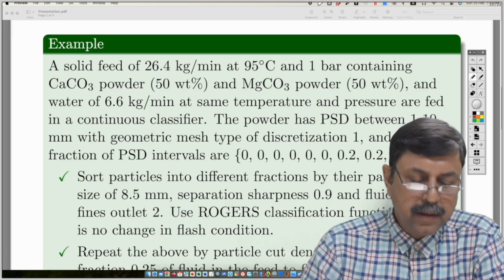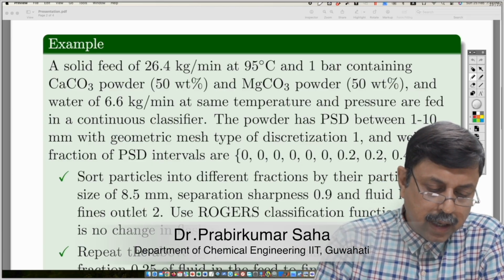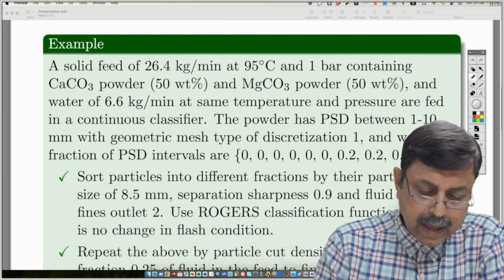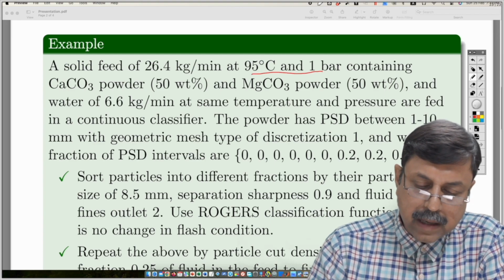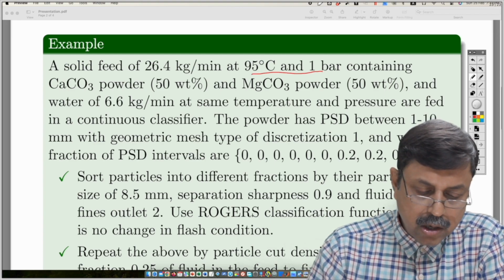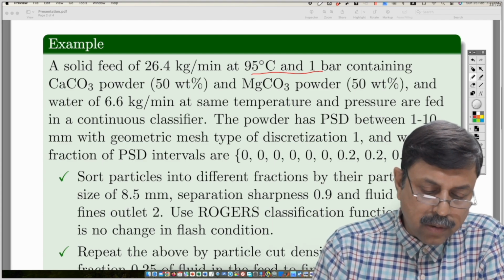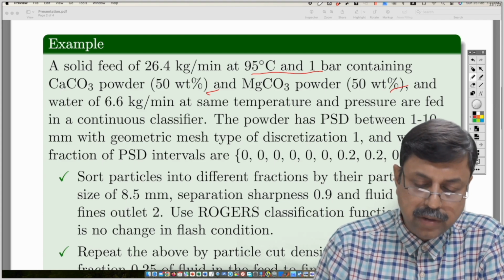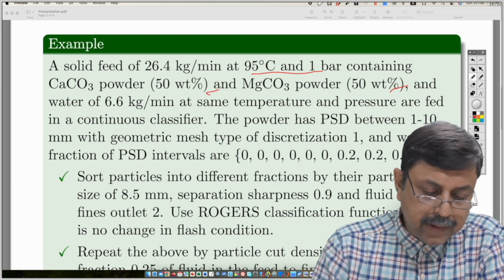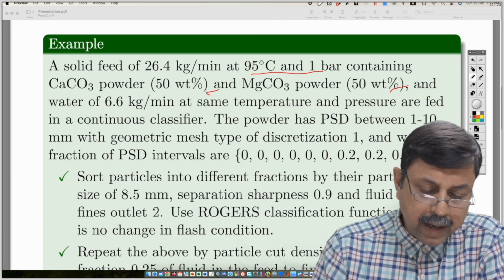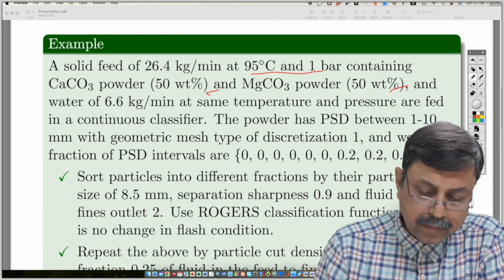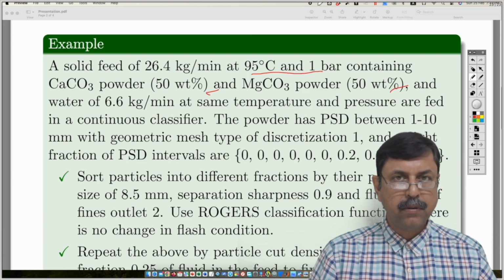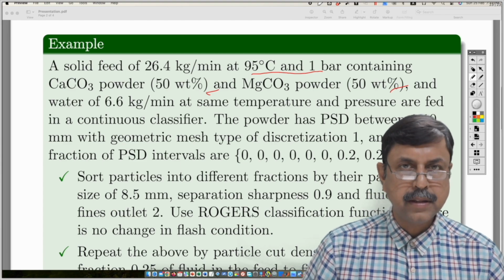So in this example, let us consider a solid feed of 26.4 kg per minute at 95 degrees centigrade and 1 bar pressure, the conditions given, containing calcium carbonate powder and magnesium carbonate powder at 50-50 weight ratio, and water at 6.6 kg per minute at the same temperature and pressure, fed in a continuous classifier. So the water information has been given, that is the fluid,